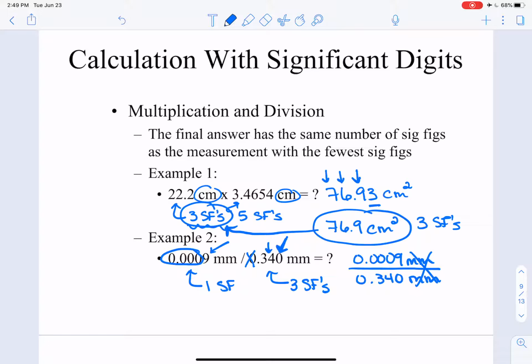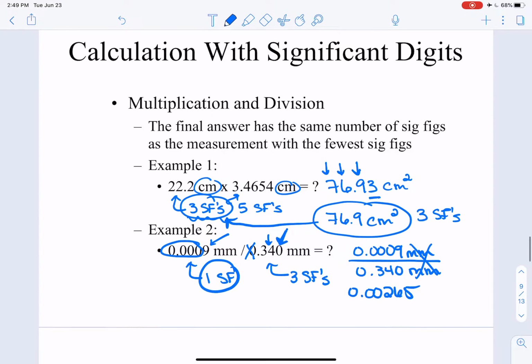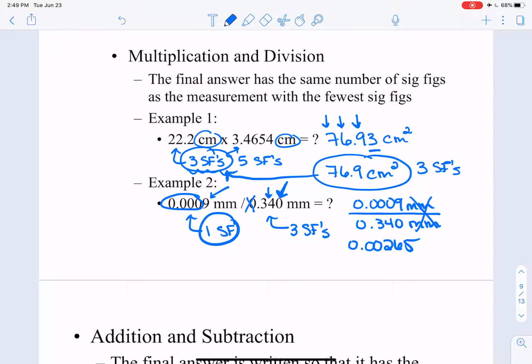So you would do the calculation with your calculator and you would get 0.00265, and then you would say, okay, my answer needs to have only the same number of significant digits as the measurement with the fewest sig figs, which is right there. 1 sig fig on that measurement. And you start with the first significant digit that you see all the way to the left. So we know that we're going to end our final answer right there in that column where the 2 is. And we need the number next to it to tell us whether we're going to round the 2 up or leave it as a 2. And 6 tells us that we're going to round the 2 up to a 3. So our final answer is